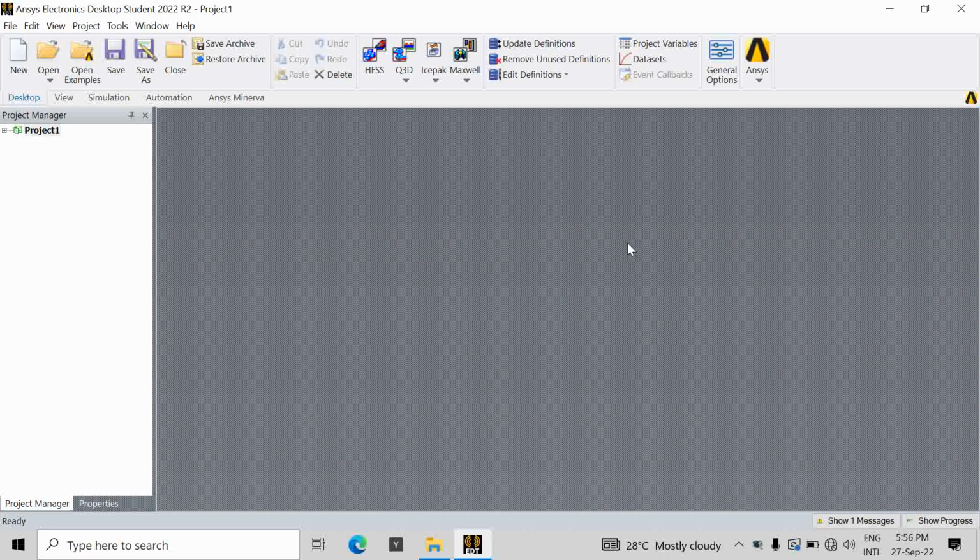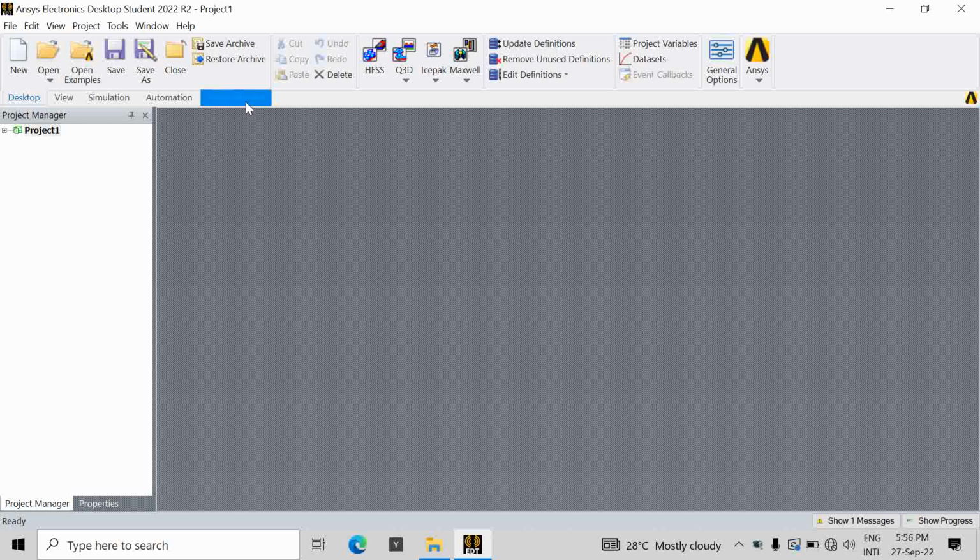Everyone. So in this session I will design the patch antenna for 28 gigahertz frequency. You can also consider this frequency for 5G application. It is one of the main frequencies for 5G communication. So you can think of this antenna as a 5G antenna, because once it is designed for 28 gigahertz, or either of the frequencies which is allotted for 5G communication, in that case this will be your